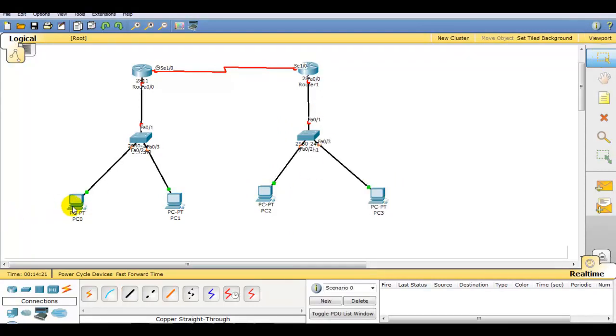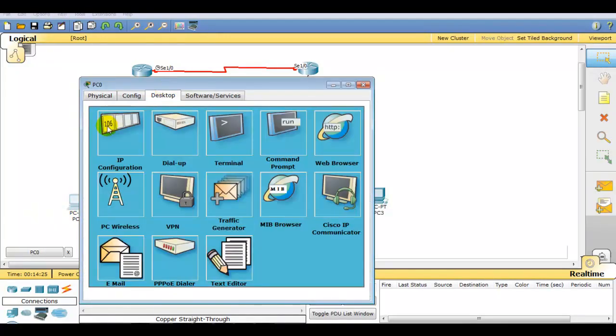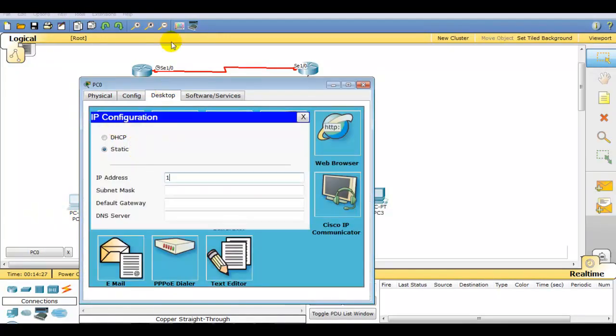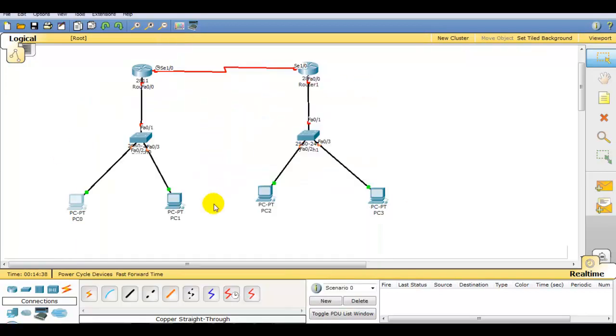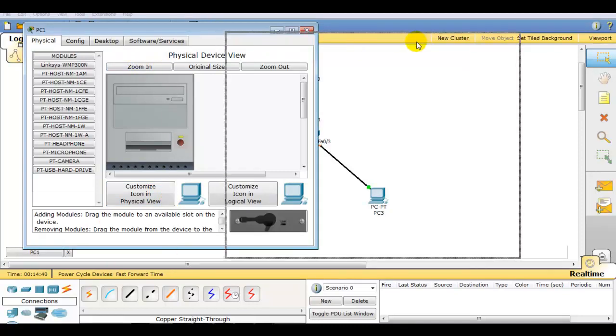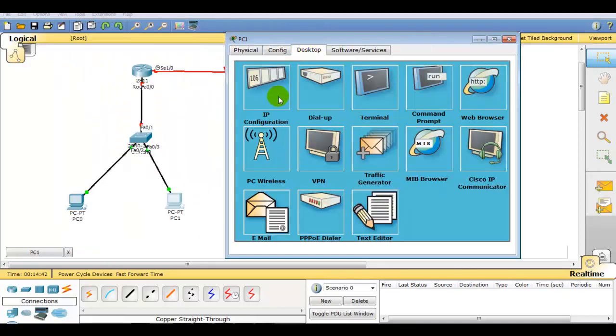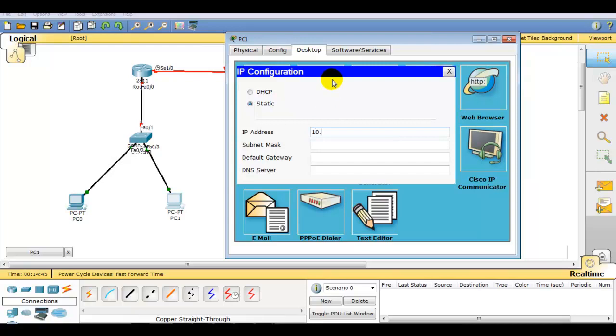Let me first give the IP address to each and every PC. 10.0.0.2, I am pressing the tab key, then default gateway 10.0.0.1. Then 10.0.0.3, with 10.0.0.1.